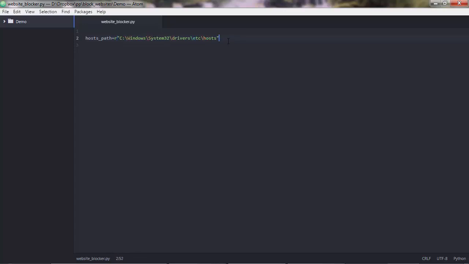Good. And maybe two other variables. Let's say redirect equals to this string, the IP where your browser visit will be redirected when you browse Facebook or other things that you find distracting. And then let's say websites, so you need to pass the websites that you want to block. That could be a list. So I'm calling this website list, and here I'll pass